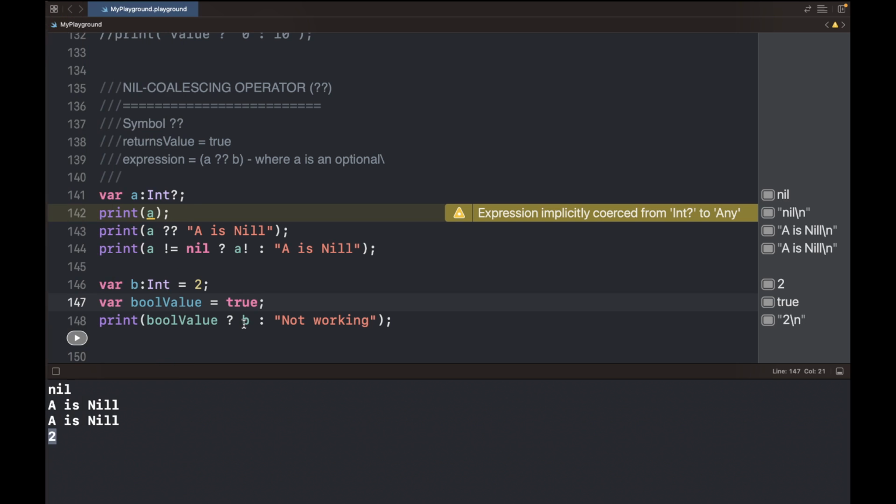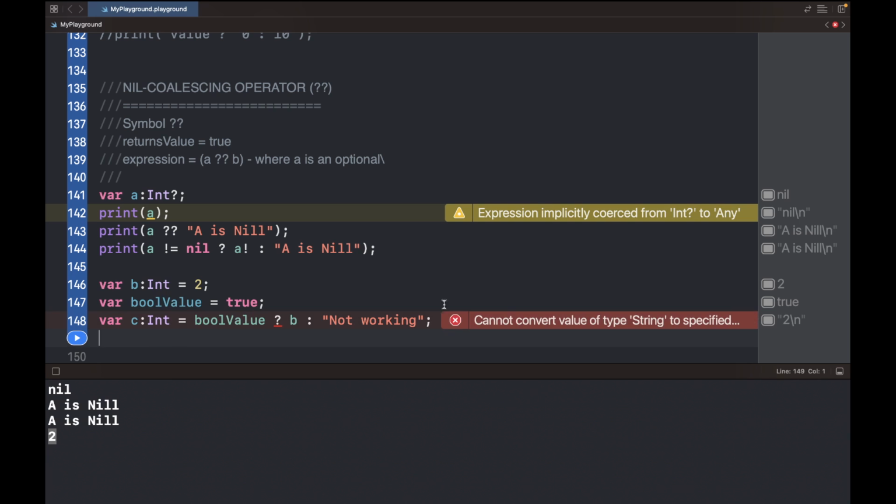Whatever was I doing? Okay, I think I was trying to assign it into a value. That's what happened. Because now if I say var c, which is an integer, is equal to this, then I think that's where we got the issue, that this thing has a possibility of returning a string, and we're assigning that string into an integer. Or even if I do it this way, it has a possibility of returning either a string or an integer,